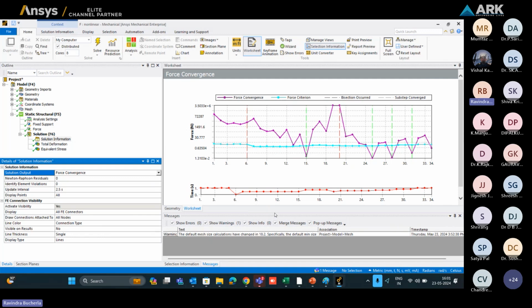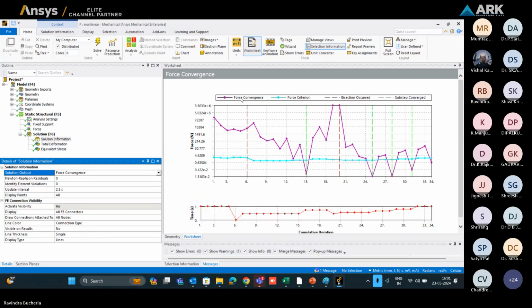Okay, so this is what we are talking about: force convergence and force criteria. And also there is one more thing called bisection substep. So I will discuss this more in detail. Force convergence is nothing but, for the initial step,